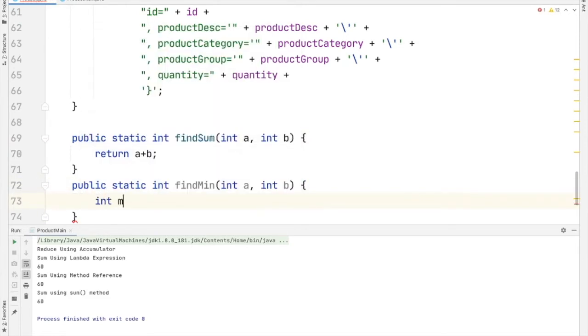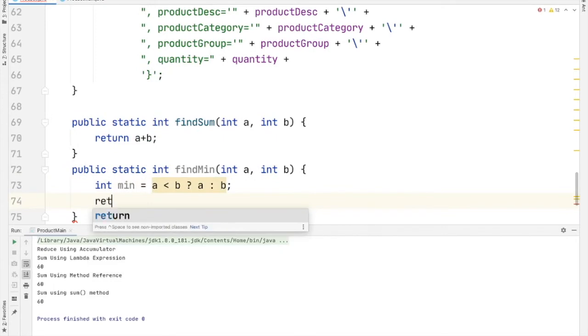Let us declare a variable and assign the min value to it, use ternary operator here. If a less than b, then minimum value is a, otherwise our minimum value is b. Return this result.